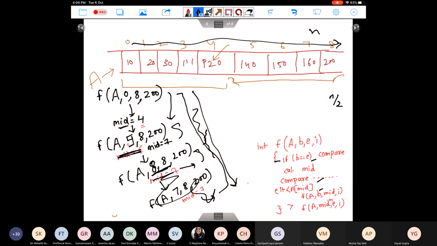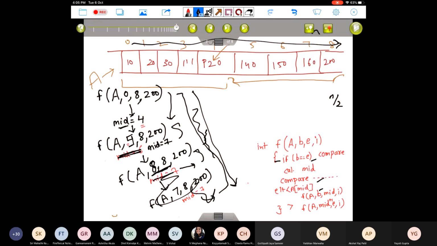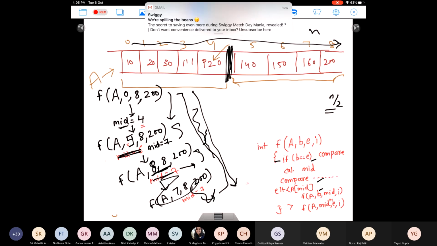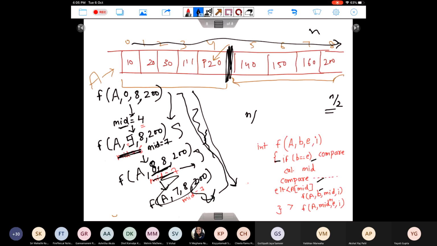So I looked at the middle element and I figured out that it's not the element which I want. So what I'm doing, I'm breaking this array in two parts, right? And I'm passing the remaining array to one person. So I was searching in n elements. Now this new person is searching in n by 2 elements. He'll again divide this array into two parts and pass it to the third person. He will be searching in n by 4 elements. Next person will be searching in n by 8 elements. Next person will be searching in n by 16 elements, right? Till when will this search keep going on?